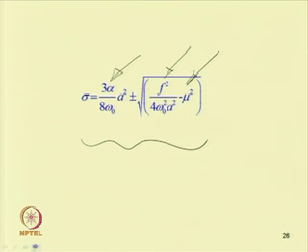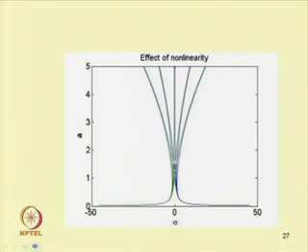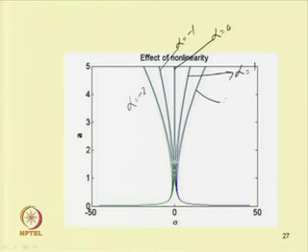So, here some typical curves have been plotted. This is alpha equal to minus 2, alpha equal to minus 1, alpha equal to 0. These correspond to alpha equal to 1 and these correspond to alpha equal to 2. So, 5 different curves have been plotted. It can be noted that alpha equal to 0 corresponds to the linear system, that is the linear spring mass system,